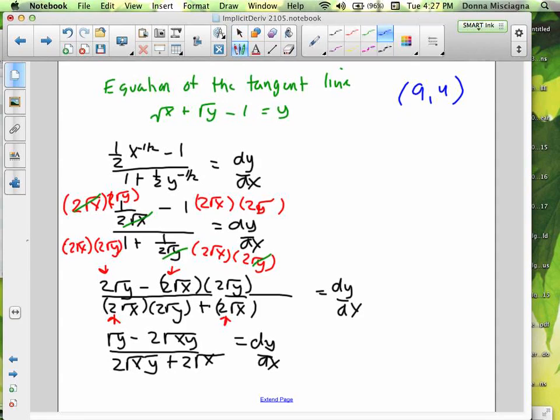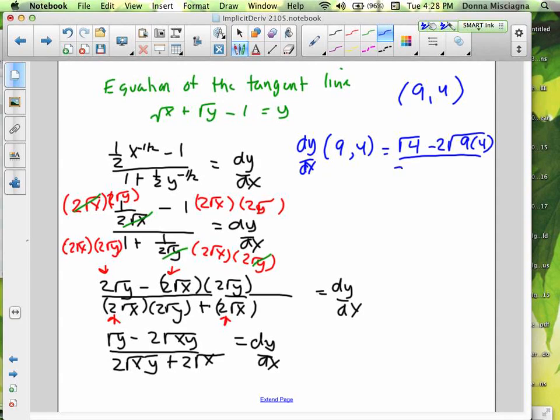We were asked to find the slope of the tangent line. Let's do that real quick. So our slope, so dy dx, we got to evaluate at 9, 4. So that's going to give us, need a bit more space. Oh, I should have wrote smaller. Equals square root of 4 minus 2 square roots of 9 times 4 all over 2 times 9 times 4 plus 2 times square root of 9. And that will simplify to